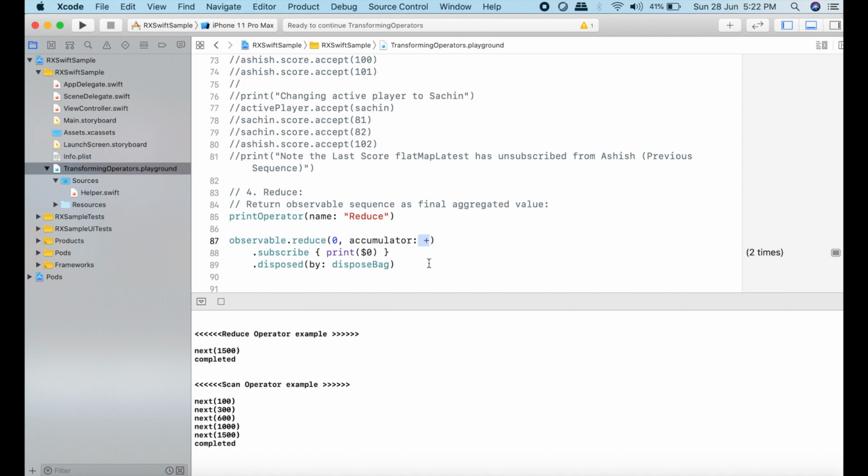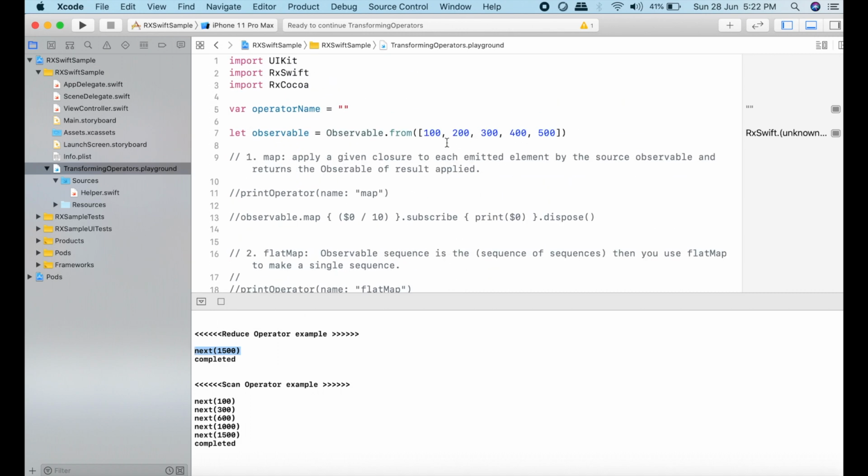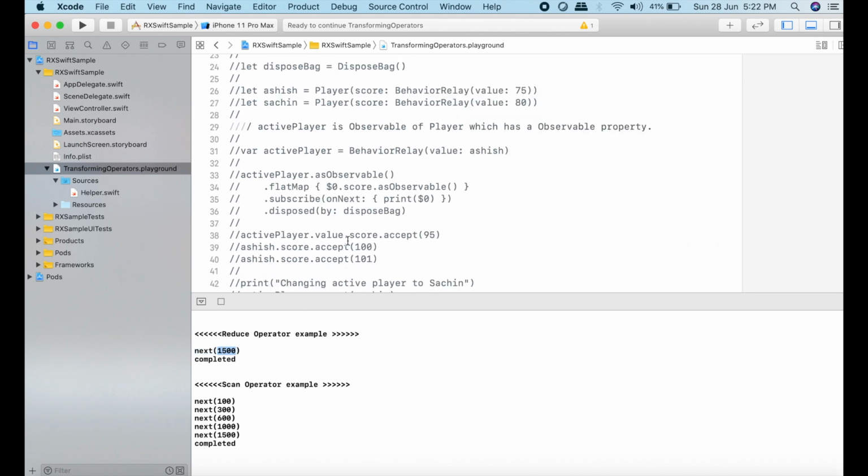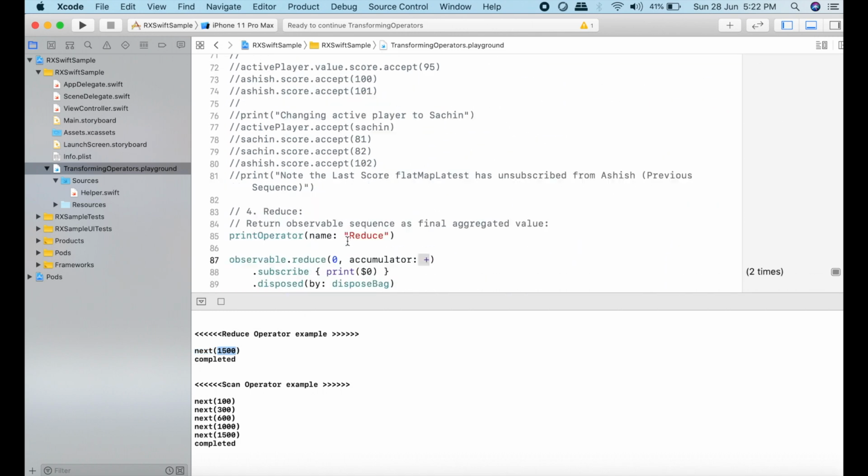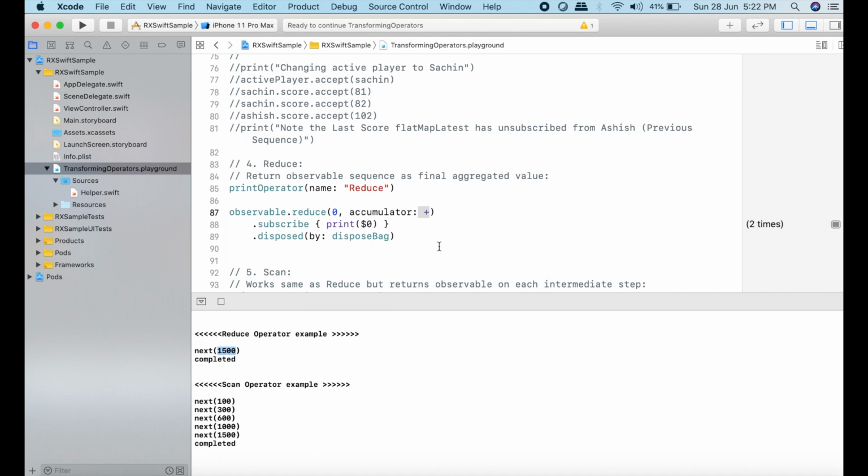So as the result in your subscription, it will print an aggregated value of the total sum. So we were having initially 5 elements and their total is 1500. So with the help of the reduce operator, we are aggregating all the elements emitted by the observable with the help of the addition operator. So this is the functionality of the reduce operator.